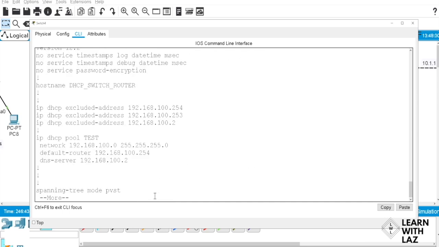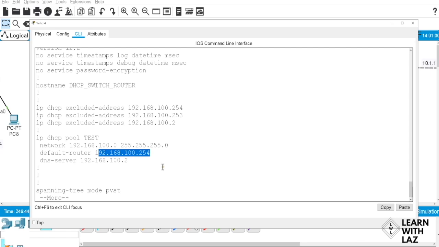There's that, lovely. There's my exclusions, right in here. There's my network anyway. There's my DNS server, default gateway. Well, that could be wrong. I want to see what's going to happen because I put that this is the router's gateway. I didn't do a reservation, so it may just assign it from the pool. In this case, if it assigns this to the PCs, they're going to have an issue.